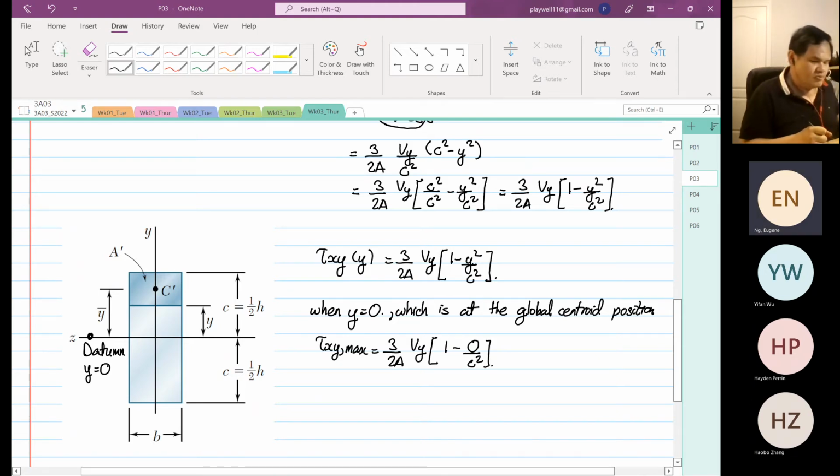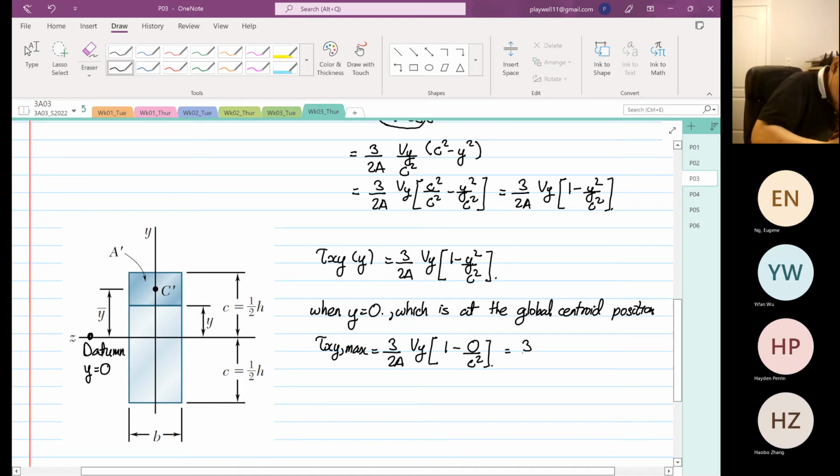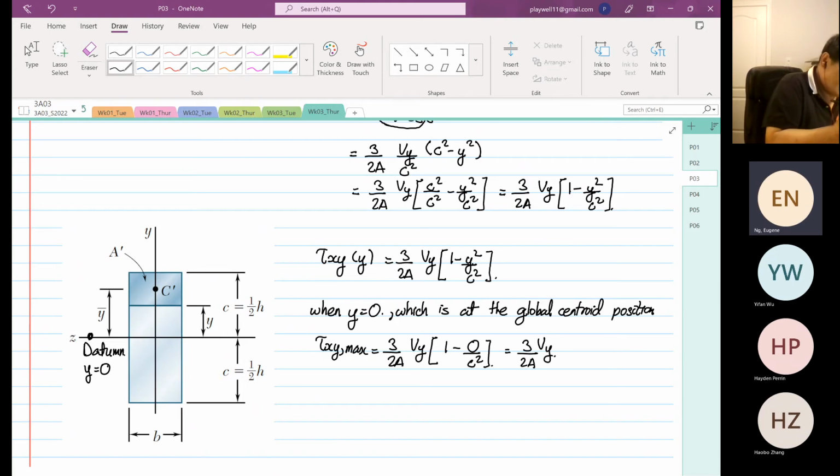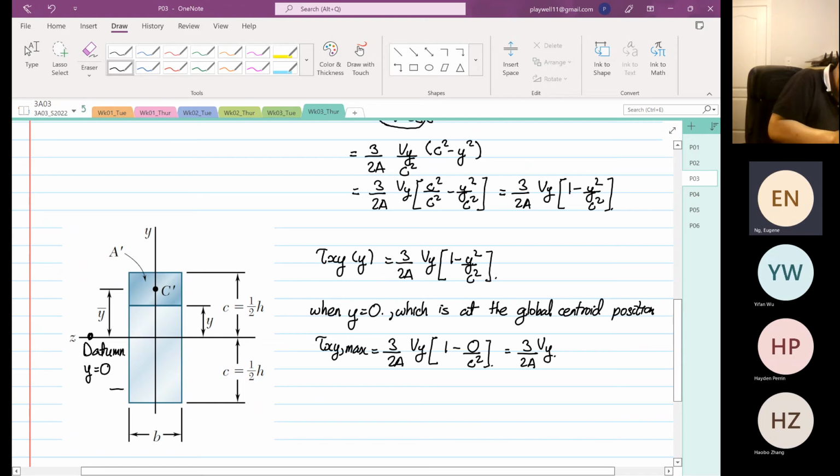Okay. So this will be equal to 3/2A Vy. Okay. So the maximum shear will occur at the datum, and this is only true if the